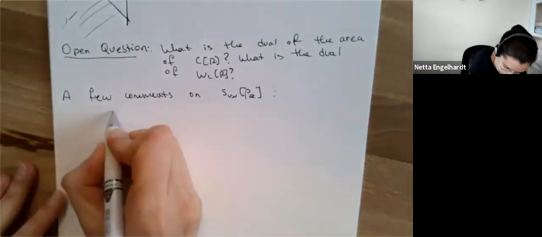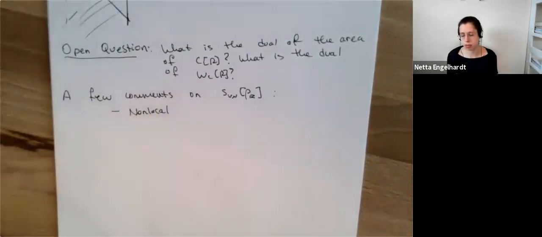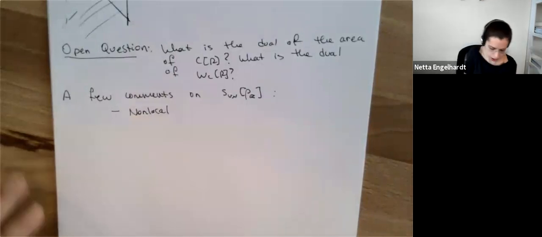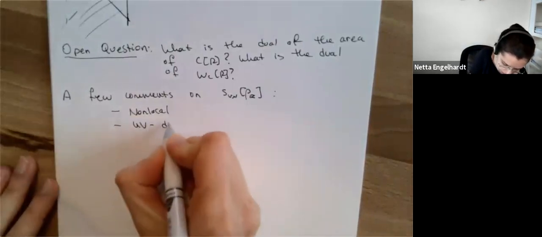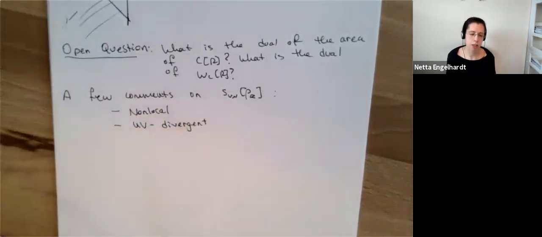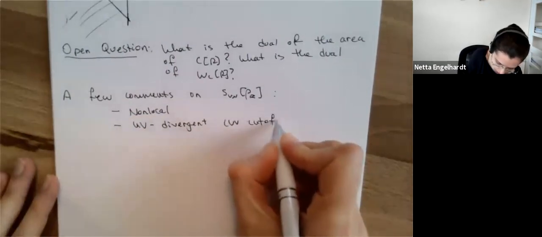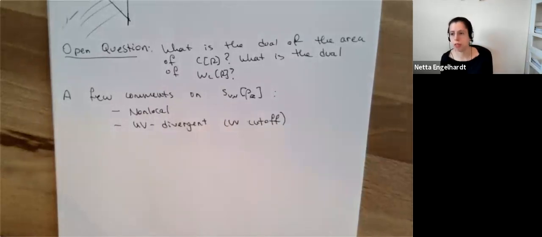So one thing I already said is that this is something that we think of as non-local. It's the expectation value of a non-local operator, the logarithm of an operator. It's also UV divergent. This is something that you've already discussed in previous lectures. So we typically regulate this several different ways. The main regularization scheme that I'll be using here is inserting a UV cutoff, a cutoff at very short distances. This is very natural from the perspective of AdS/CFT and the so-called UV/IR correspondence. So typically that's what I will be using here.